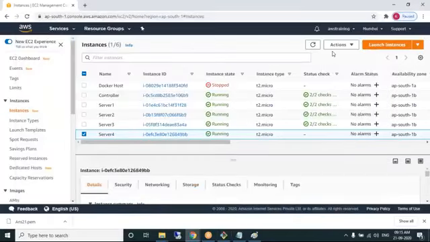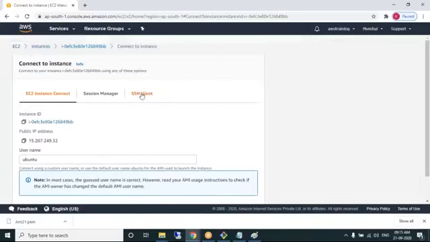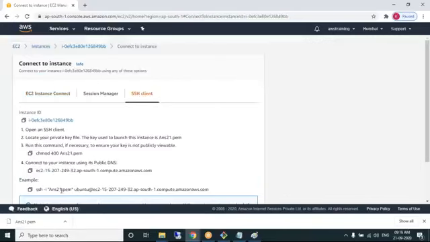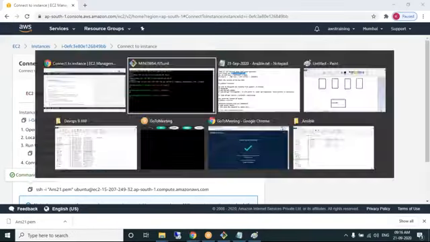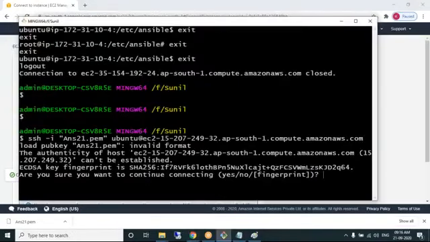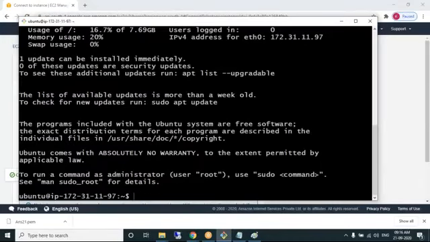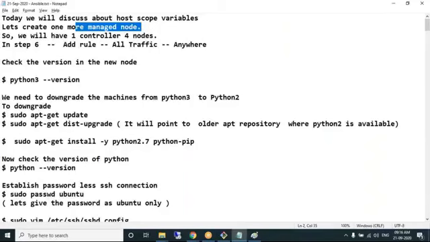Connect to server 4. I hope you know the steps. First, we need to downgrade the Python.